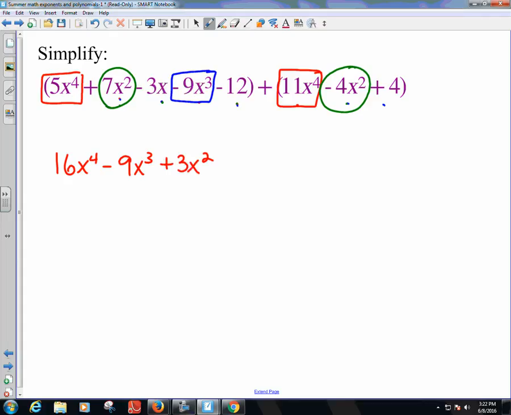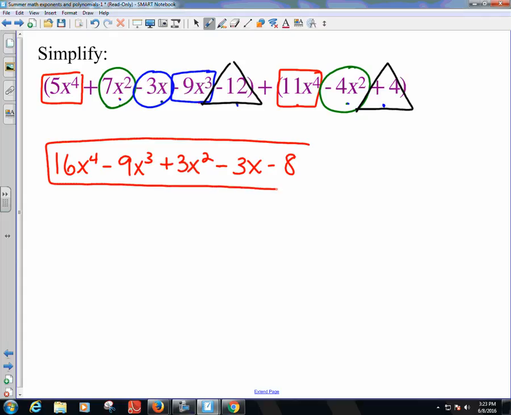Now I'm going to look for just regular old x's. So I've got negative 3x, and that's not, nope, nope. So I don't have anything to combine that with, so I'm just going to bring it down, minus 3x. And then the last thing that I need to look for is just regular old numbers. So I have negative 12 here and positive 4. Negative 12 plus 4 is going to give me negative 8. And that's my final answer. When it says simplify and I'm adding polynomials, I'm combining like terms. So I find terms where the variables are the exact same and just add